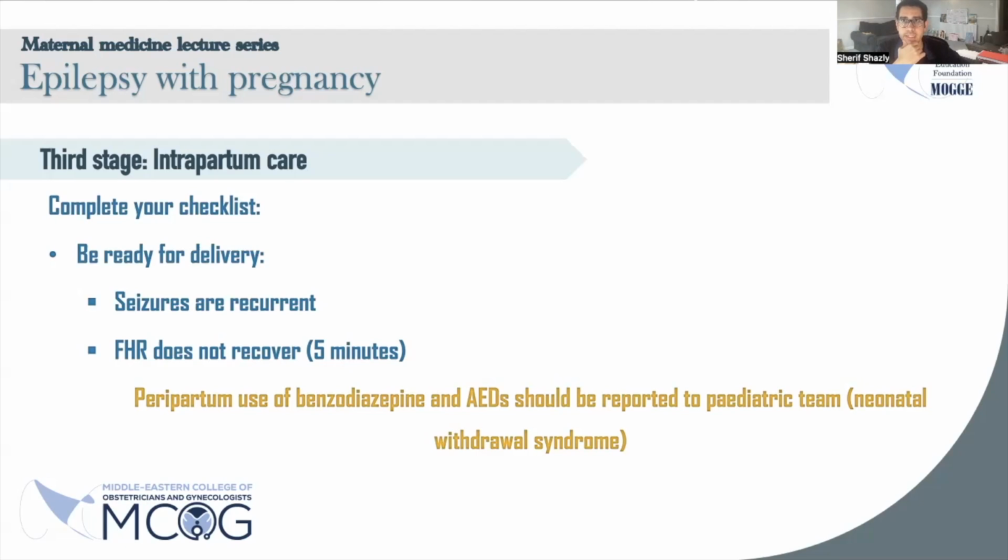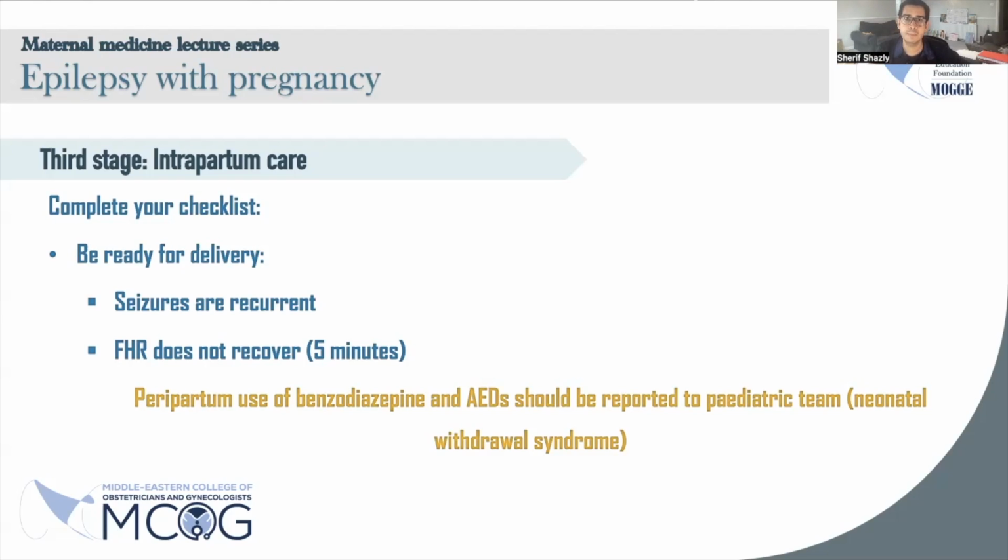The other thing is, as we mentioned, we keep the baby under monitor. Just remember, there is hypoxia absolutely with seizures, and the baby will be affected by the hypoxia, and you will see the baby having decels or bradycardia, but this should recover once the seizures are done. That's why we keep the baby on the monitor, to be sure that the baby recovers fine from the seizures, because if the recovery didn't happen in 5 minutes, then you have to move for